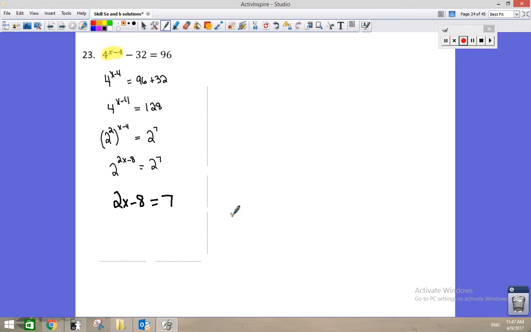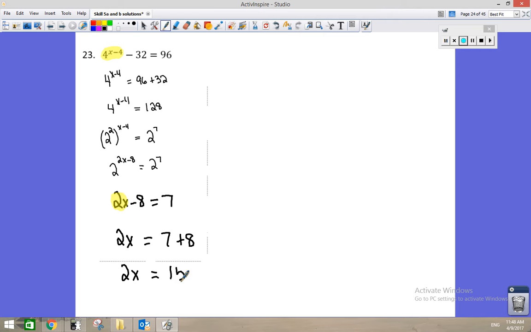So this is a two-step equation. In 2 steps, you can get x by itself. On the left-hand side, there's 2 terms. The term of interest is that first term. So we need to get the terms that have a variable by themselves and grouped together on, say, the left-hand side, and I'll have all the constants that don't have variables on the right-hand side. So this minus 8, if it changes sides, it changes sign, and I add 8 to each side. I have 7 plus 8. So